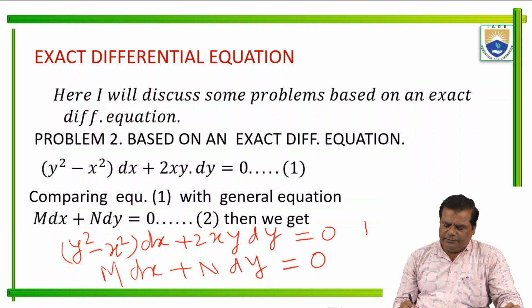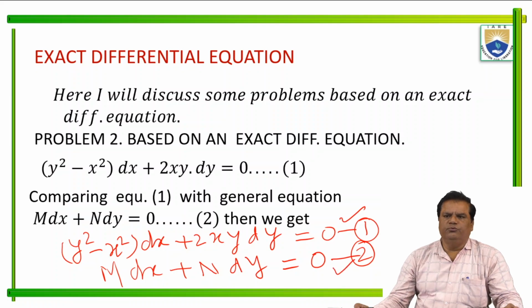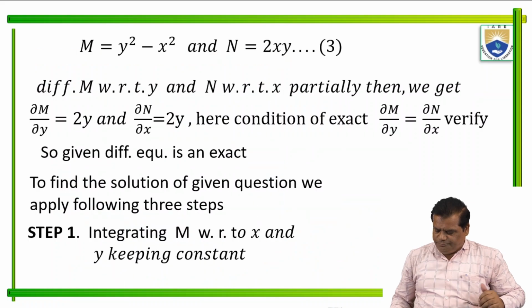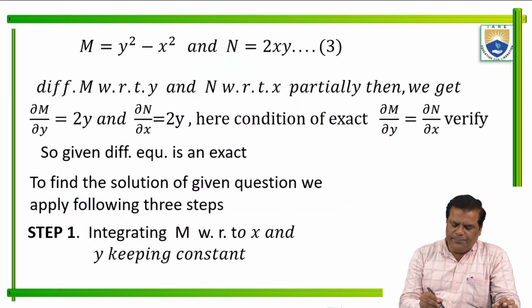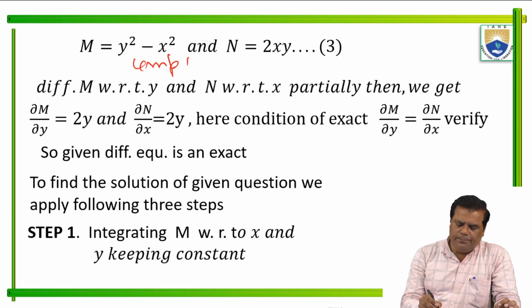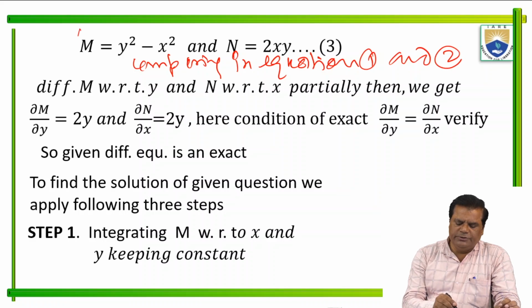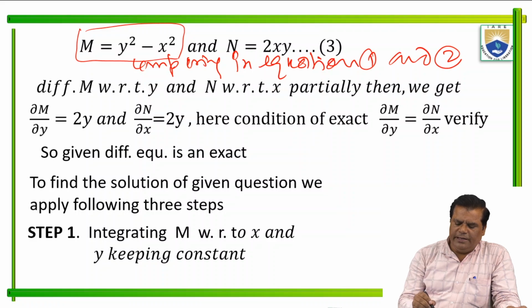Equation 1 and equation 2 are both the same equation. Comparing equations 1 and 2, we get M is y square minus x square and N is